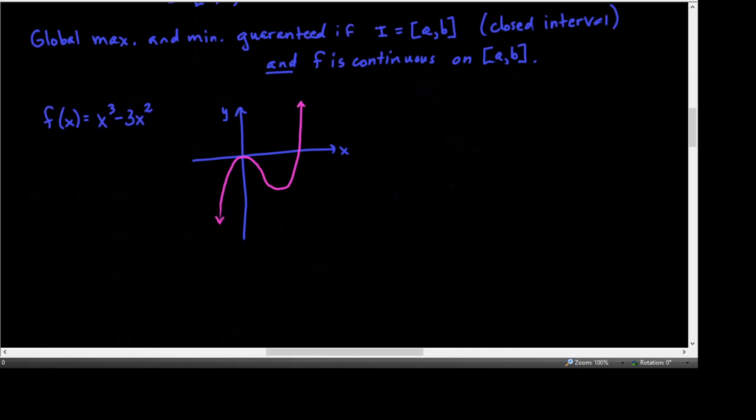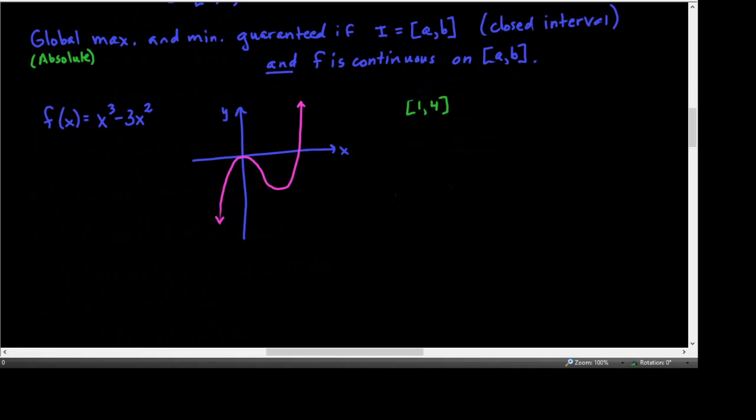Okay, so if I were to pick any subinterval of that, let's say from, I don't know, 1 to 3. Let's do 1 to 4. Can we find the absolute, that's just a synonym for global. Can I find the absolute min and max on that interval? That's going to be a question. And so from the graph,